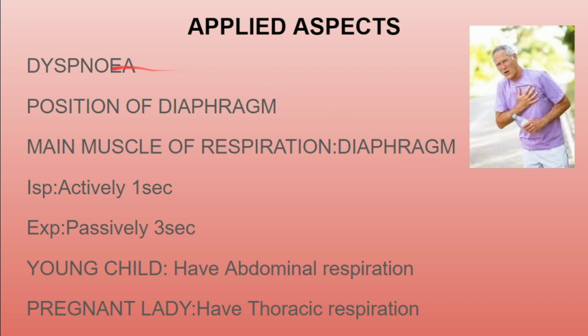First of all, dyspnea. Dyspnea is difficulty in breathing by the patient, in which the patients are most comfortable sitting up, leaning forward and fixing the arms. The patient feels good in this position because in the sitting position the diaphragm is at its lowest level, allowing maximum ventilation. Fixing of the arms fixes the scapula, so that the serratus anterior and the pectoralis minor muscle can easily act on the ribs to elevate them.